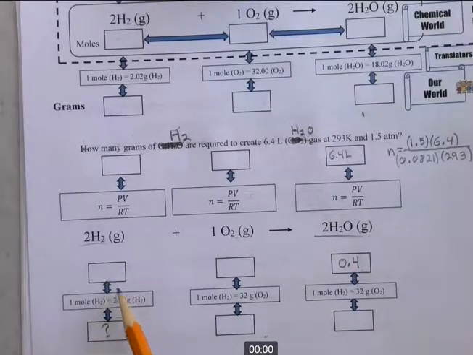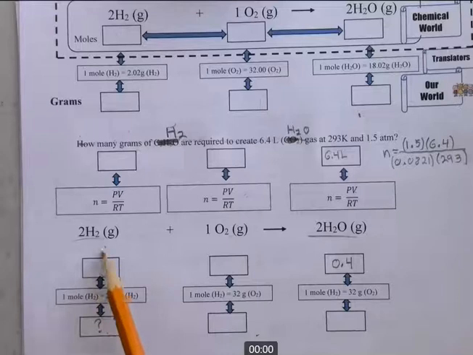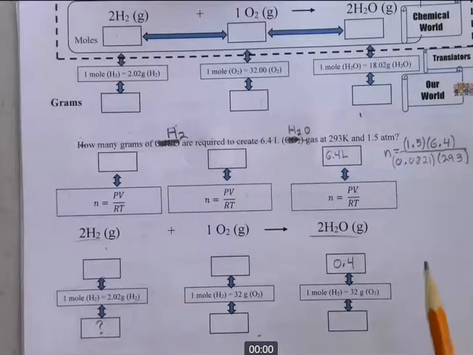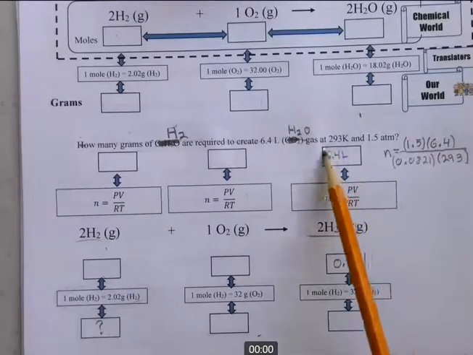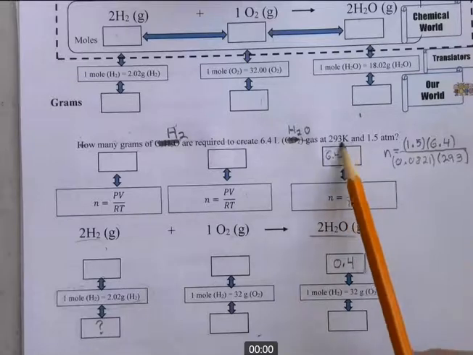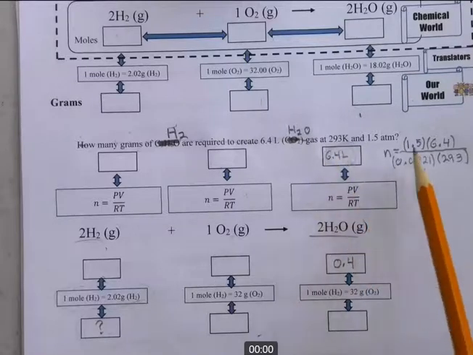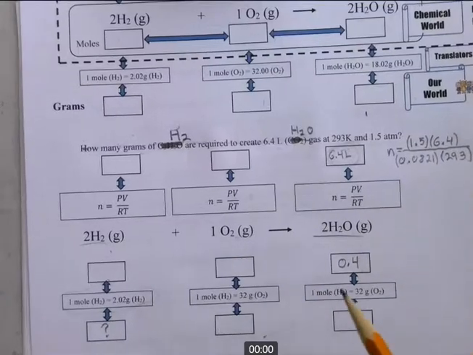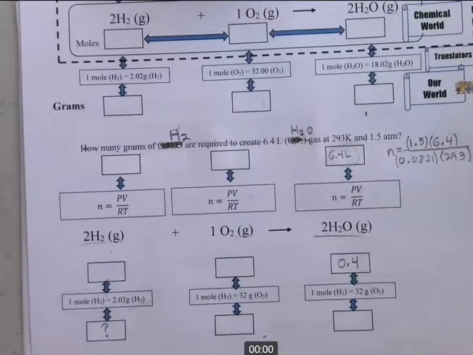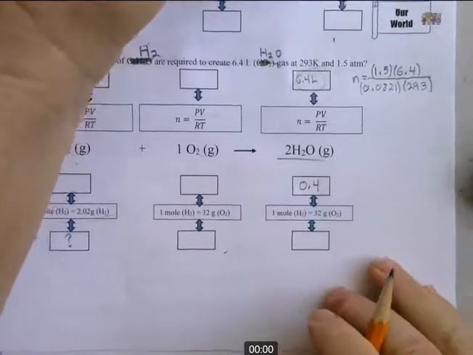Finally, I want to know how many grams of hydrogen, so I'm going to come out the other side down here, and I'm going to use the molar mass to figure out how many grams of hydrogen it would take to produce this many liters of water, and it would be water vapor at a particular temperature and pressure. So let's go ahead and write this. So what we want over here on this side of the equation